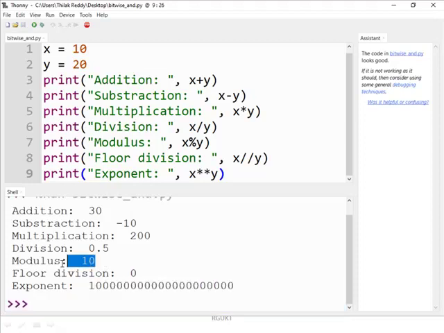And we need to observe one thing here, modulus. When we take the modulus of any two numbers, let us take x and y as an example: x is lesser than the y value, and when we make a modulus, the lesser value is the resultant value. For example, x equals 1, y equals 3, x modulo y, and the value is 1.